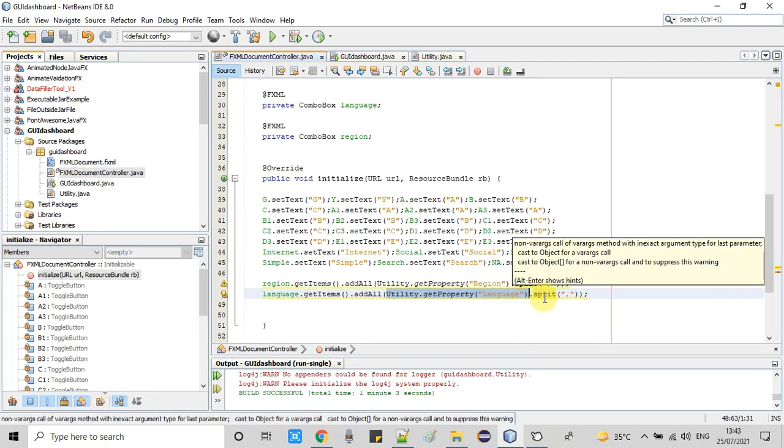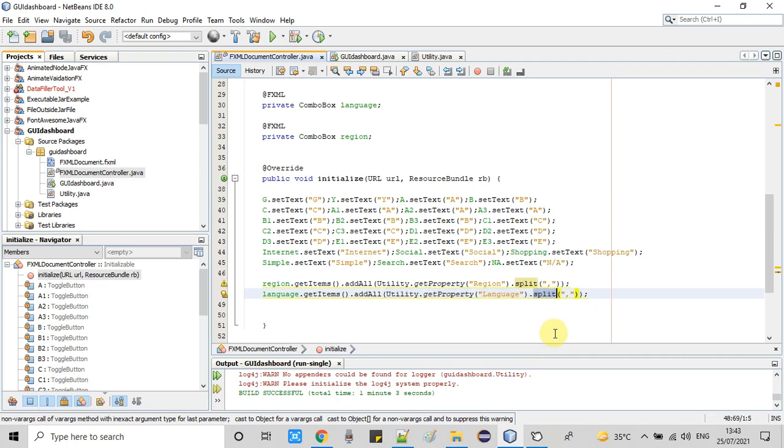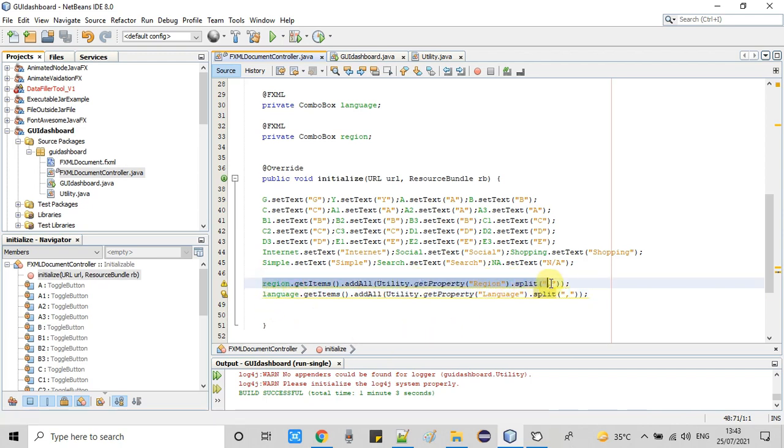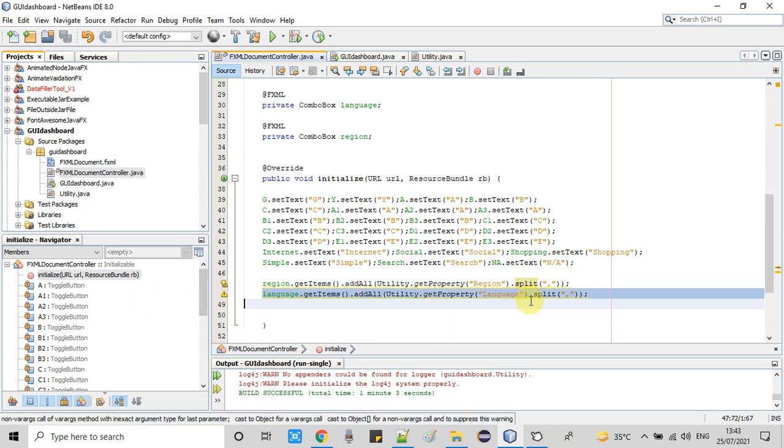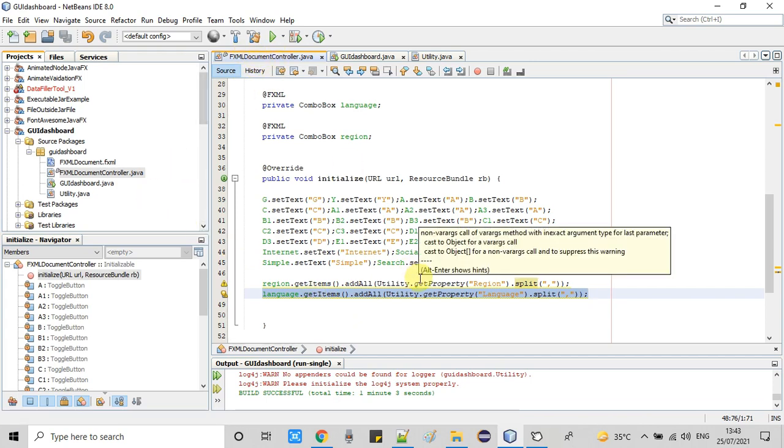Then we call the split method. We have this complete comma-separated string. Now we call split, which breaks the complete string into multiple items, and all these items will be added here inside the combo box. I hope this concept is clear to you.